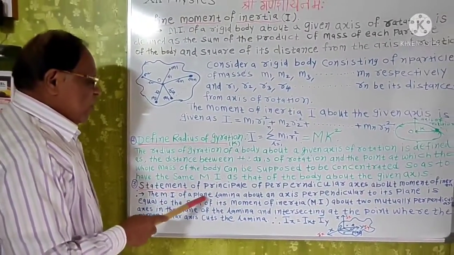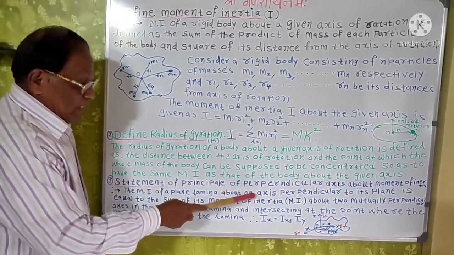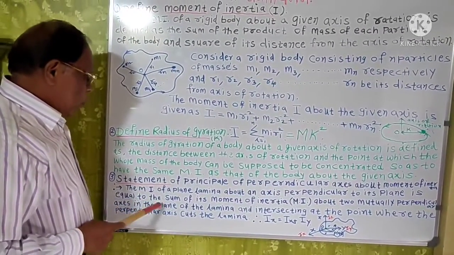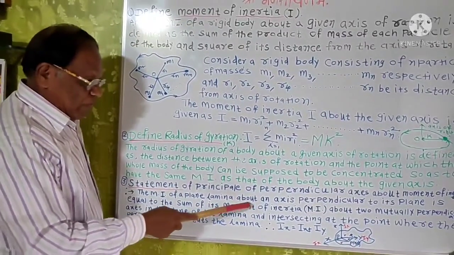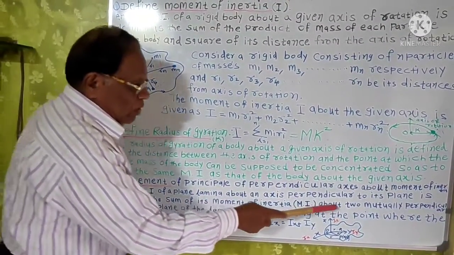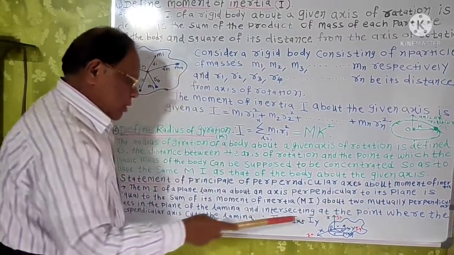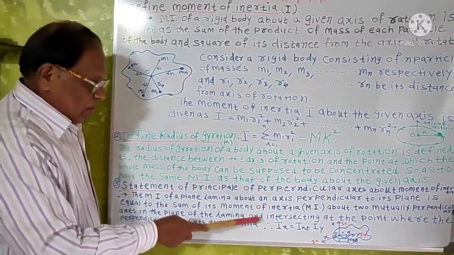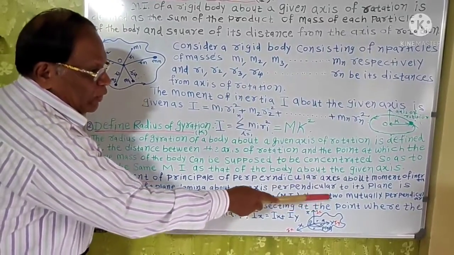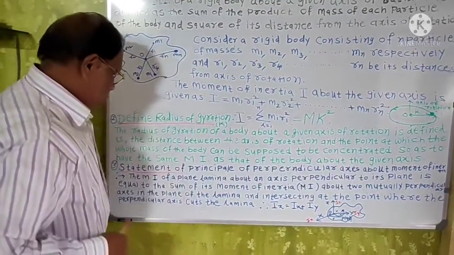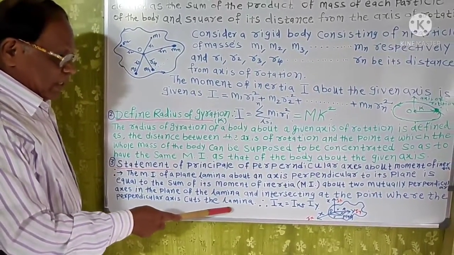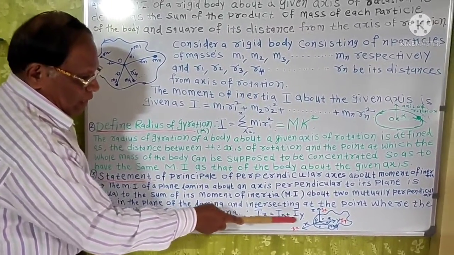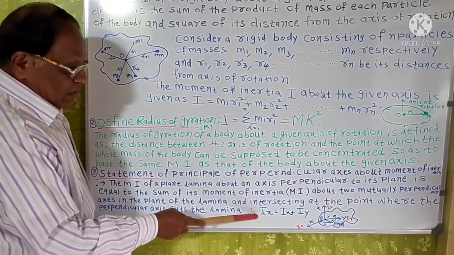The moment of inertia of a plane lamina about an axis perpendicular to its plane is equal to the sum of its moment of inertia about two mutually perpendicular axes in the plane of the lamina and intersecting at the point where the perpendicular axis cuts the lamina, and therefore Iz is equal to Ix plus Iy,